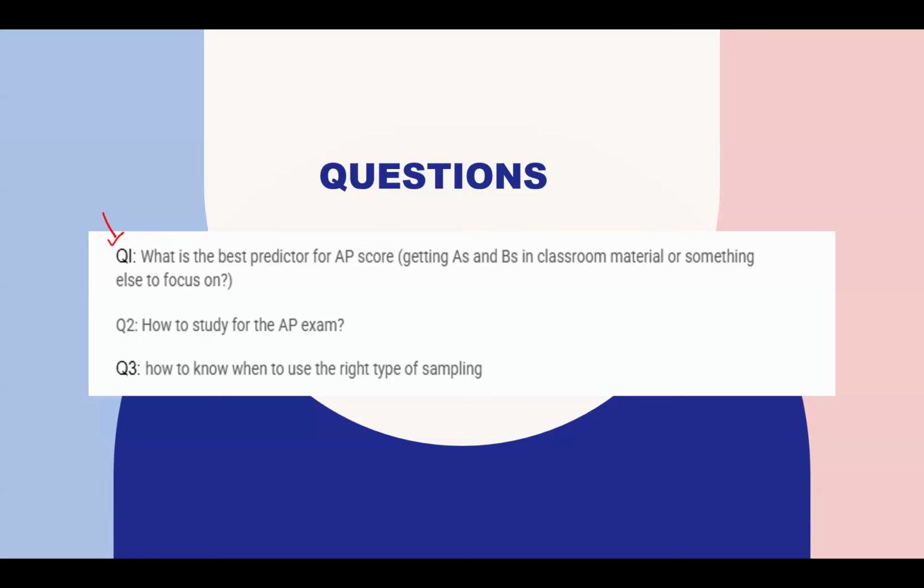So a student might end up getting an A in the school year, but if the teacher has not really laid out all the expectations they need to adhere to in order to get a 5, because as we saw, the grading is so precise and the language they need to use is so precise, they're not going to get a 5. So I feel like it really depends on the teacher you have, how strong the correlation is. What do you think?